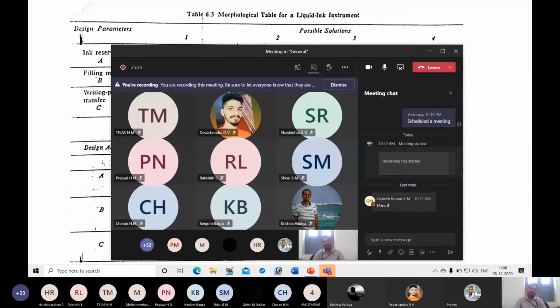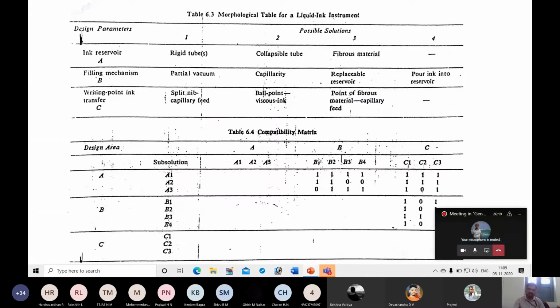It need not be exactly like this, and there is no need to memorize this and write it down. Understand what procedure needs to be followed. Based on the knowledge you gained till now, for any product you can construct a morphological table. You can also construct a compatibility matrix. There is no need to memorize this and reproduce it. You can take any product. It need not be what we discussed in the class or what is available in the textbook. You can take any product available in the market or which is familiar to you.